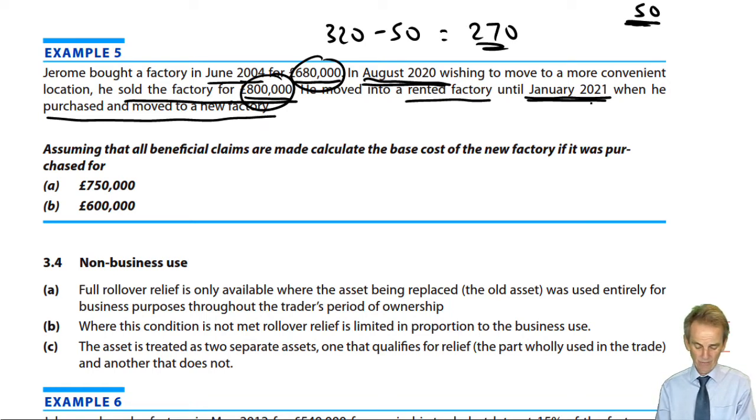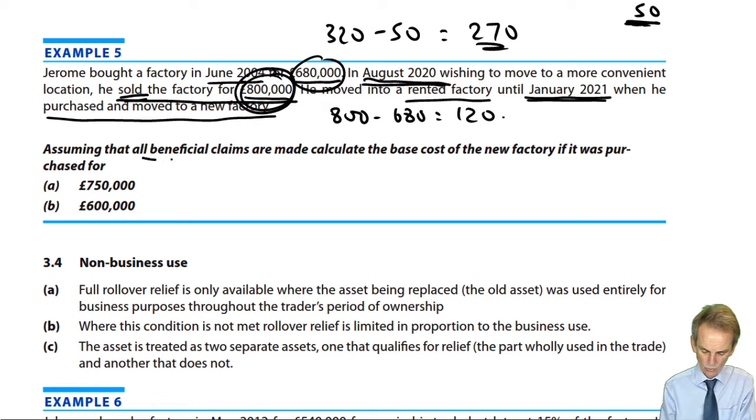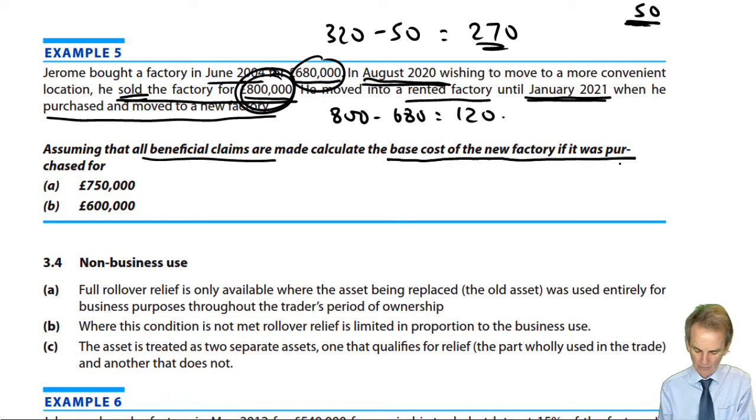depending on how much of the proceeds we have reinvested. So remind ourselves, sold for £800,000. And on that sale, we made a gain, 800 minus 680, equal to £120,000. Assuming that all beneficial claims are made, i.e. rollover relief, calculate the base cost of the new factory if it was purchased for